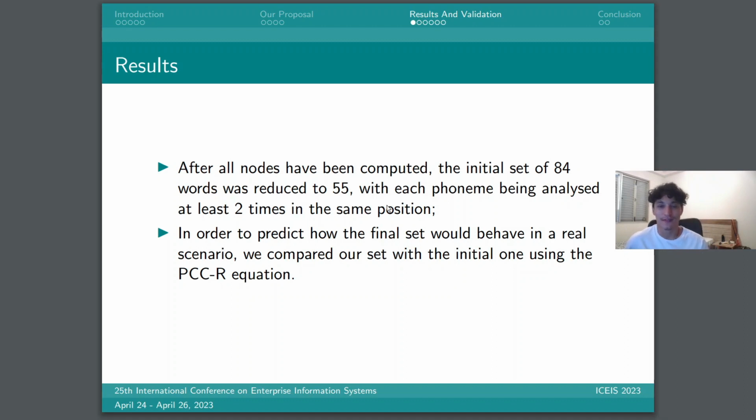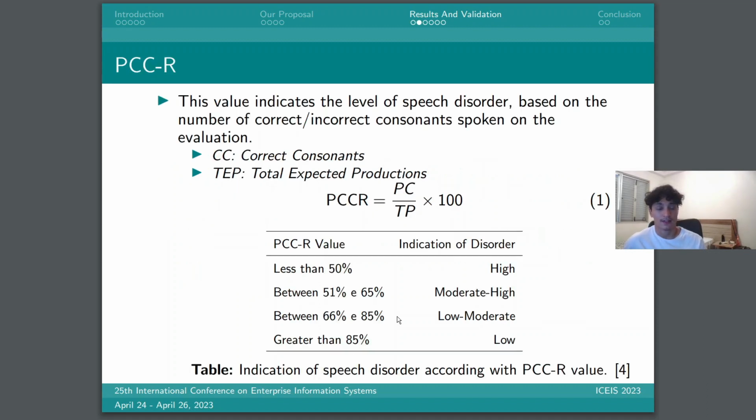After all nodes have been computed, the initial set of 84 words was reduced to 55, with each phoneme being analyzed at least 2 times in the same position. In order to predict how the final set will behave in a real scenario, we compared our set with the initial one using the PCCR equation. The PCCR equation indicates the level of speech disorder, based on the number of correct and incorrect consonants spoken in the evaluations. So for example,